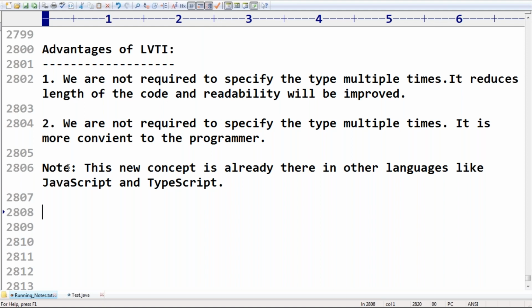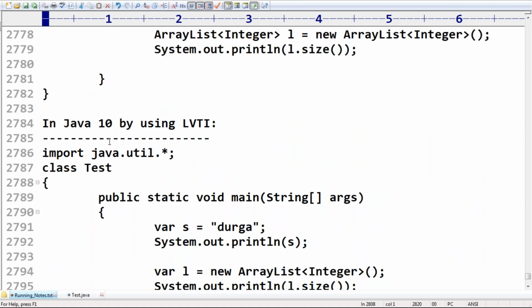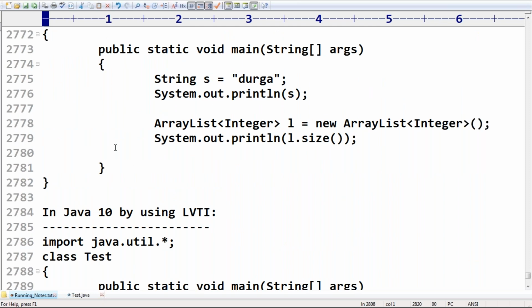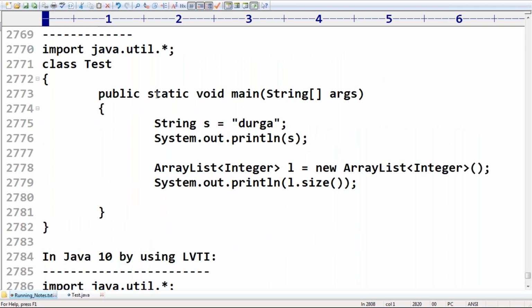What is the reason, and where can I store the return value? Nagateja, just wait for a minute, it will come into the picture. All those things I will discuss, don't worry. So now here I just introduced what is the meaning of local variable type inference and how you can use it. Sir, which things we can do and which things we can't, all those things I will explain. So I hope you understand the meaning of type inference.